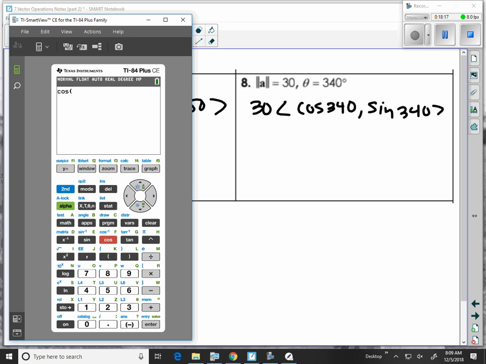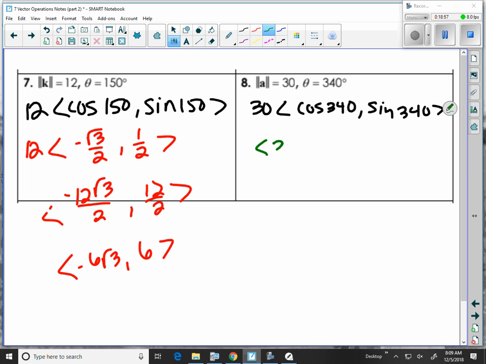All right, so we're going to hit cosine, 340, and it gives us that. Now, it looks a little weird, but that's okay. Think about what was happening on the unit circle. It was like 1/2, square root of 3 over 2, which, if we do square root of 3 divided by 2, is like 0.866. So it's normal to get these numbers. When you put it in, you're going to get decimals here, but we're going to go ahead